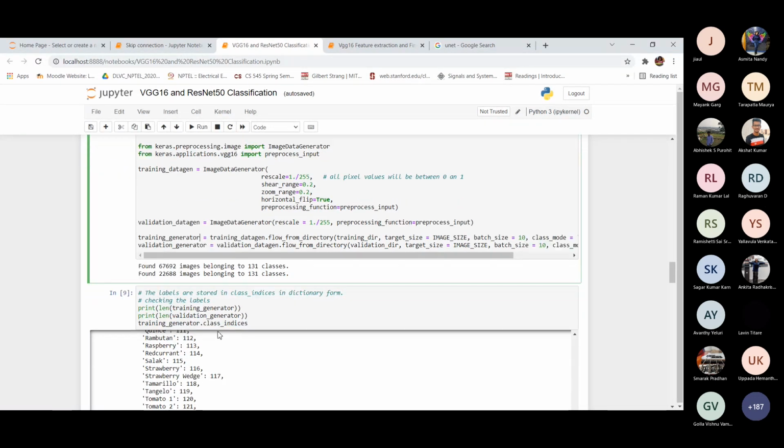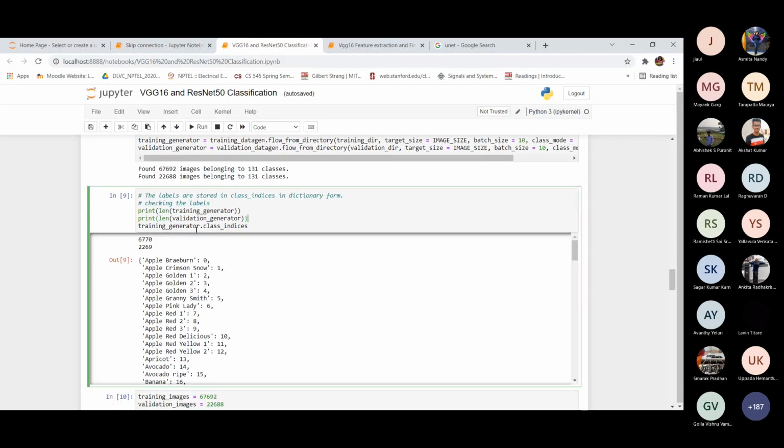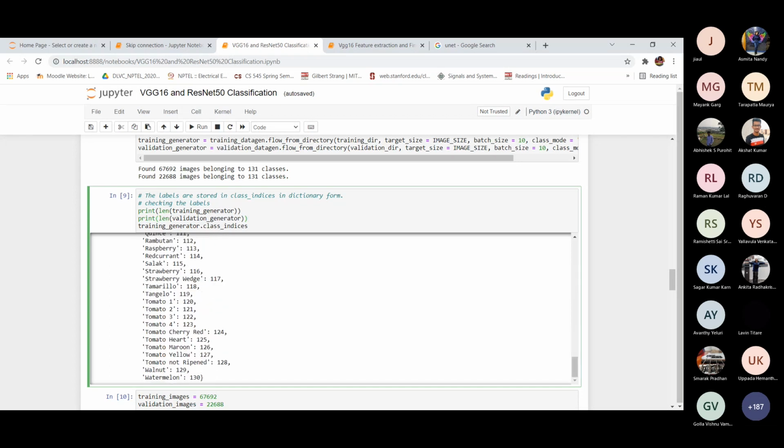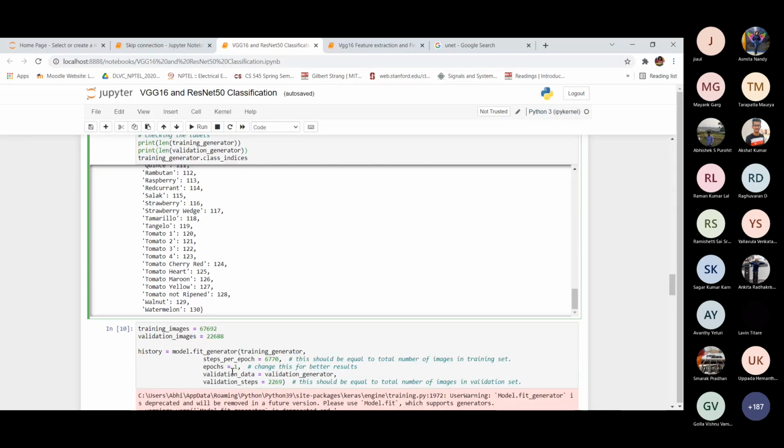We can print it: in the generator part we have 6770 batches and here 2269 batches. These are the class indices, where we can see the fruits like apple, totaling 131. It starts from 0, so there are 131 classes.